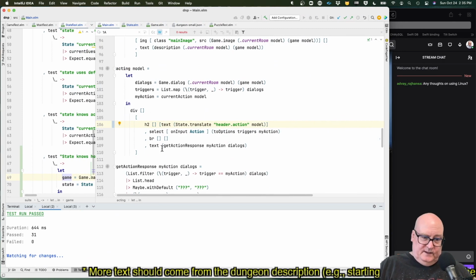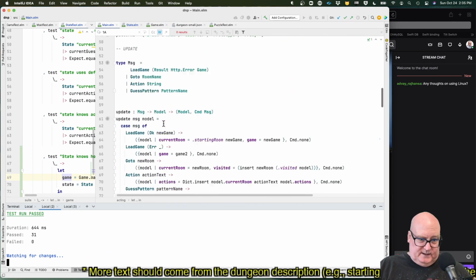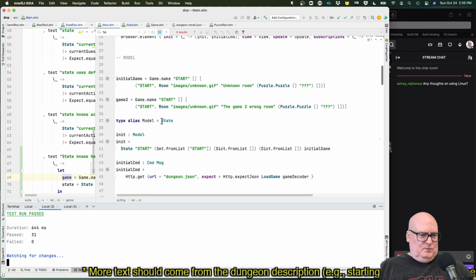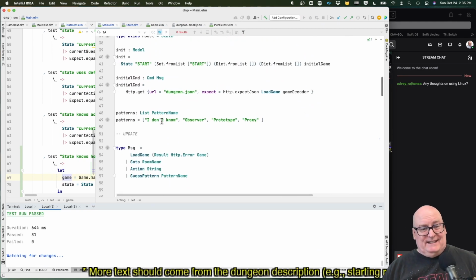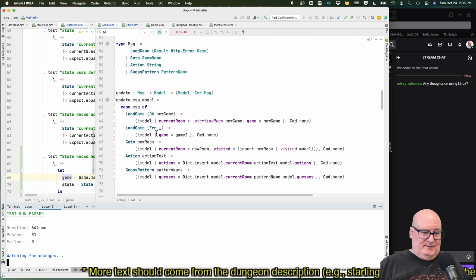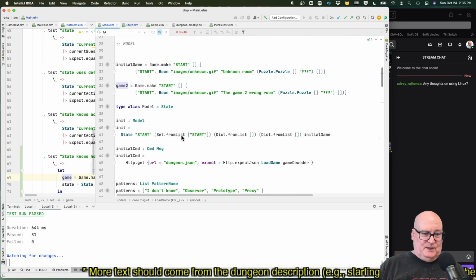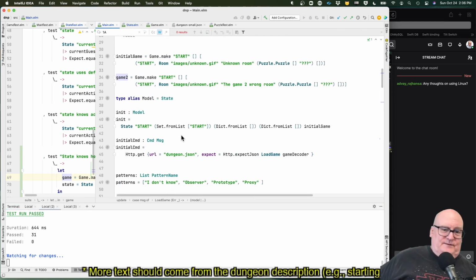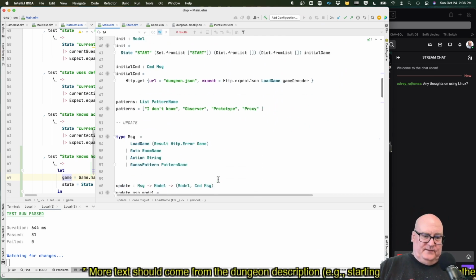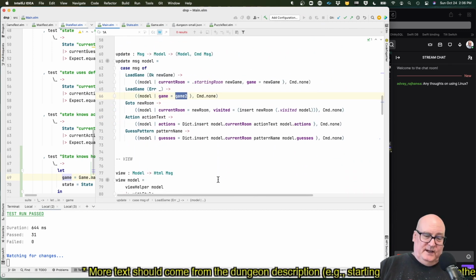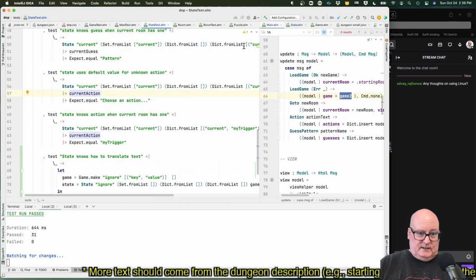All right. The deal is our error handling is woefully inadequate, pitiful. I'm not sure the right phrase. Load game error. We don't even tell you what the error is. We just shove in this kind of game 2 fail room. Okay. And that's we just put you there. Okay. The reason it's failing is this is a required field. Translation is a required field in our dungeon, and we don't have it.